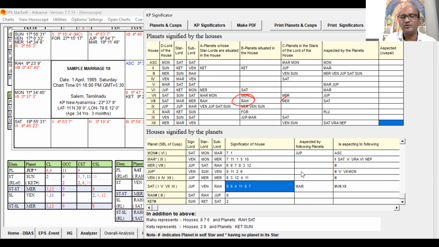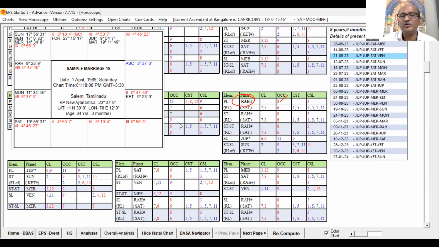Now, let me come to this. Rahu in own nakshatra, sublord is Jupiter, 6, 9, and 11. Okay, supportive. So, the Dasa Lord, despite some weakness, is showing supportive signification to the sublord, and sublord Jupiter in the nakshatra of Sun, 2, 9, 3, 7, 11 are good. So, the Dasa Lord is supportive for marriage, but with obstacles and delay.